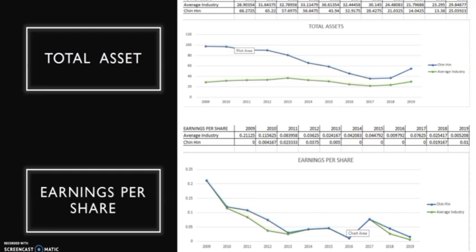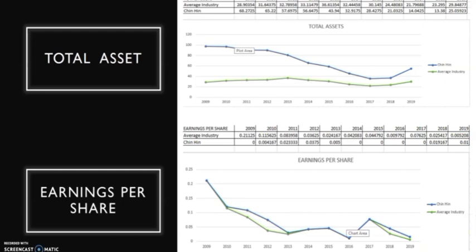This shows that the liquidity in Chin Hin's asset was high in the 5 years before, and there is a decrease in liquidity rate from 2015 until 2019, while the liquidity rate of the average industry shows a rapid movement, increasing every year. For earning per share, we can see that the graph goes down,